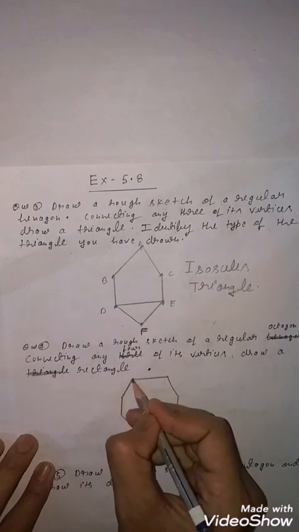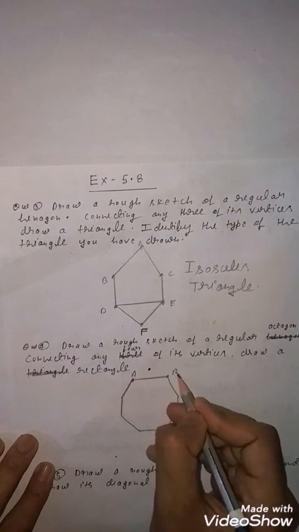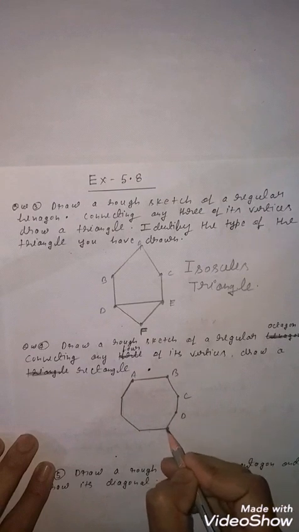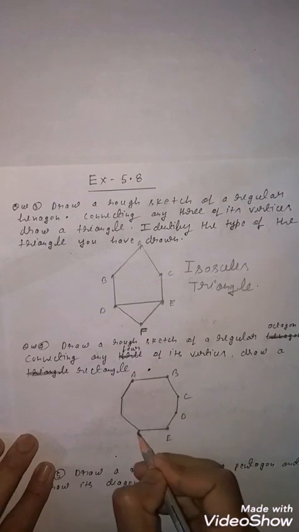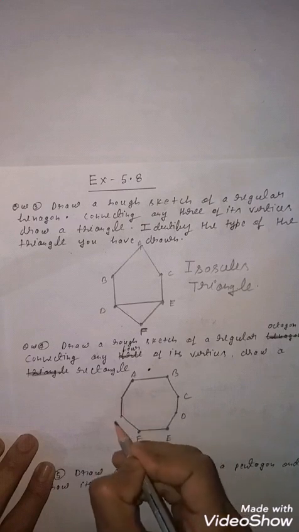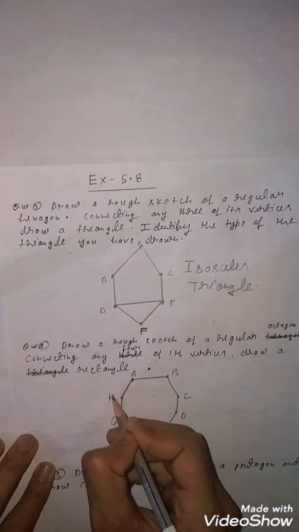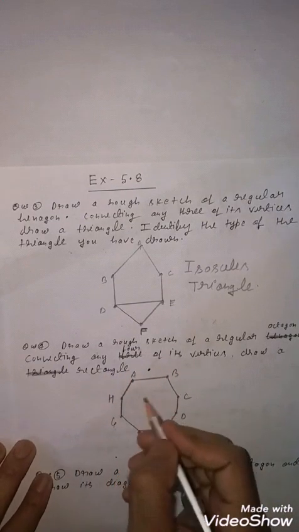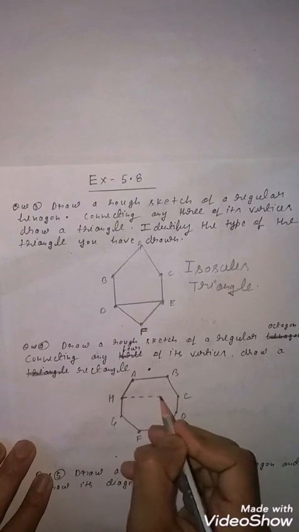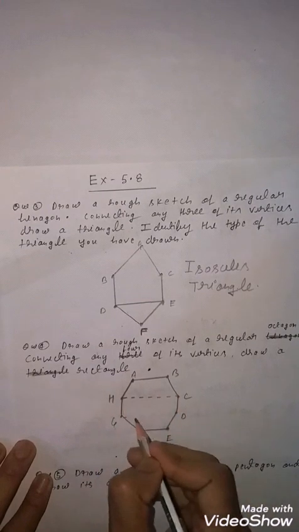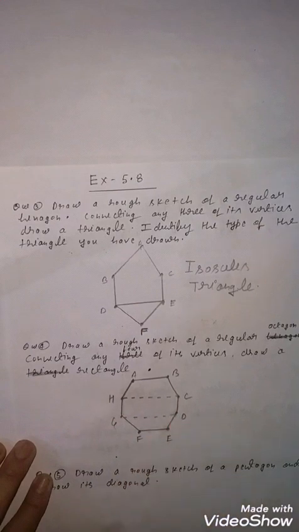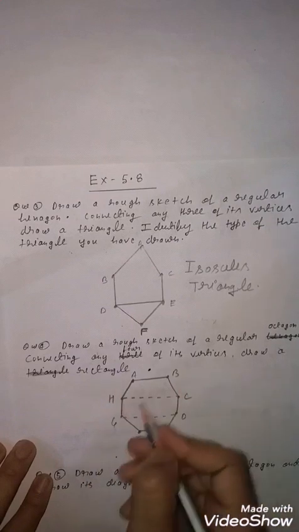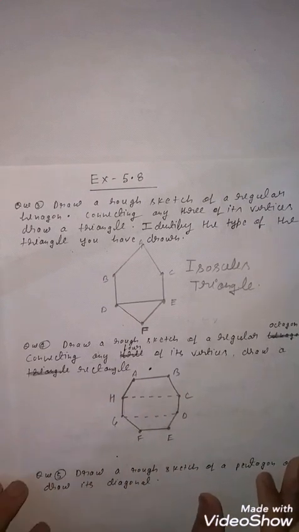So you can give the name A, B, C, D, E, F, G, H. Now next is given connect any four of its vertices. So connect this, here 1 and 2 vertices and also 2 vertices. You have to connect 4 vertices, yani 1, 2, 3, 4 you connect. Draw a rectangle. So your rectangle is completed. Only you have to do like this.